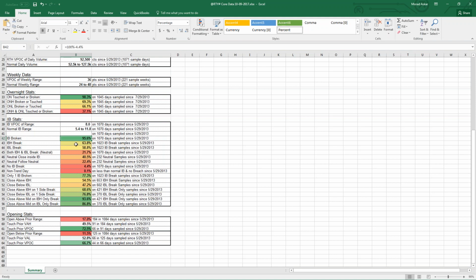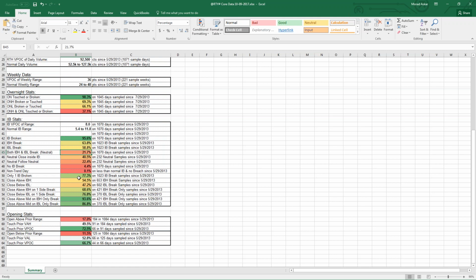The initial balance high is broken almost 2 out of 3 times in the Russell. Why? We've been on a rip-roaring trend upwards. The initial balance low is broken 58.8% of the time. Both the high and the low get broken